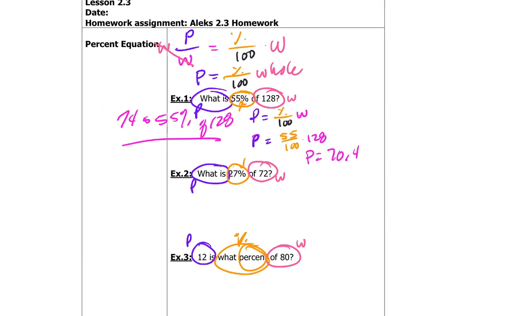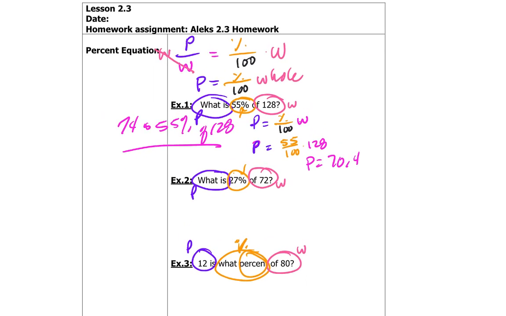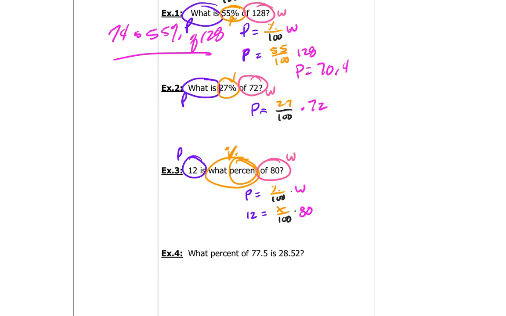Okay, set up the equations for the next two. You should see where they make a difference. Hit pause, set up the equation, solve, and we go from there. So here's your two equations. Now again, you'll notice something. You're going to start noticing some things with this. When we look at this second one, we're just taking 0.27 times 72. So the part equals